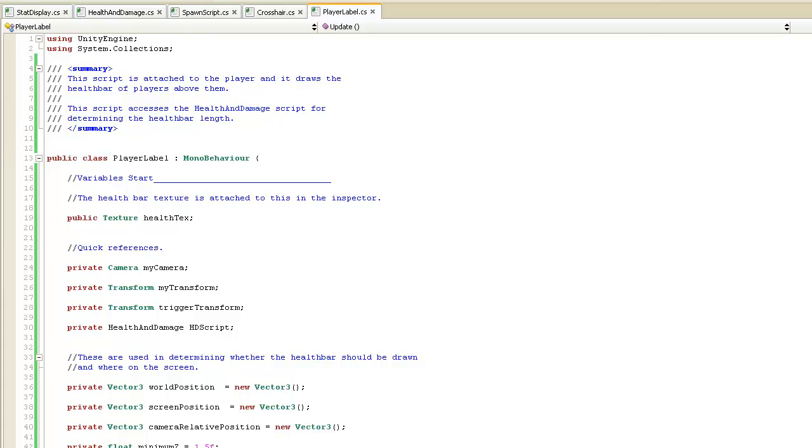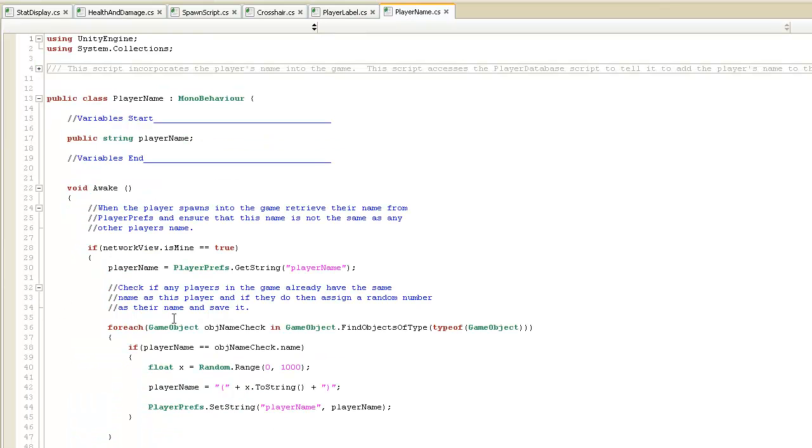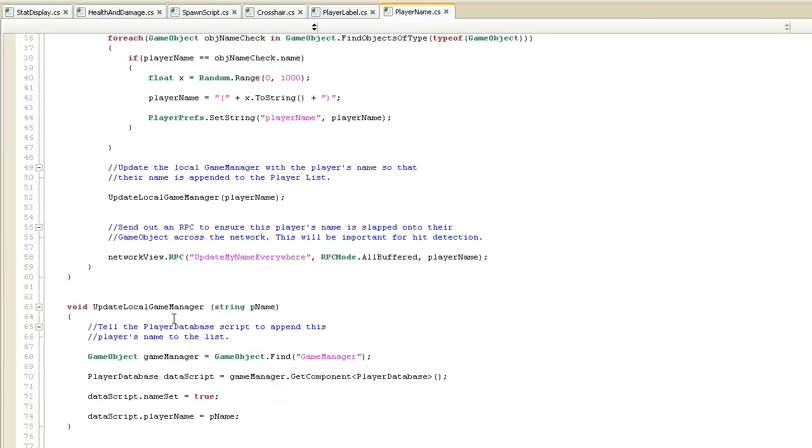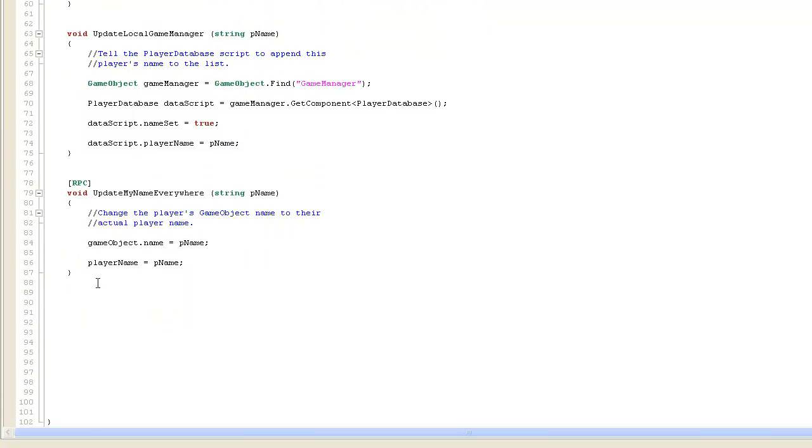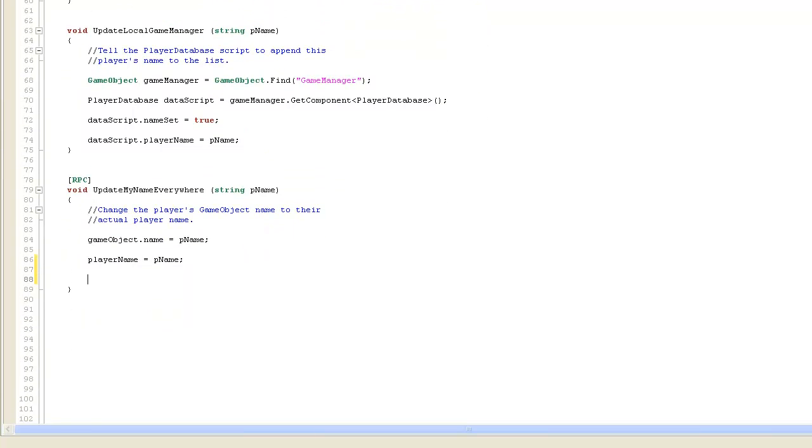All right, from within MonoDevelop, we can open up the player name script, and we'll just make a small change to this. So down in the update my name everywhere RPC, we'll now add a little bit more code that will access the PlayerLabel script and supply the player name. So we'll have here the comment, supply the PlayerLabel script with the player's name,